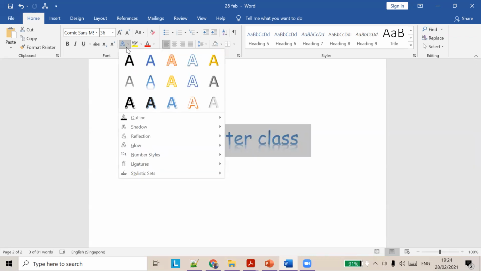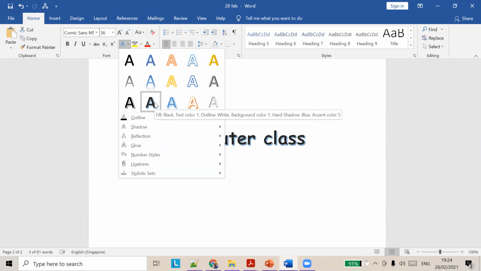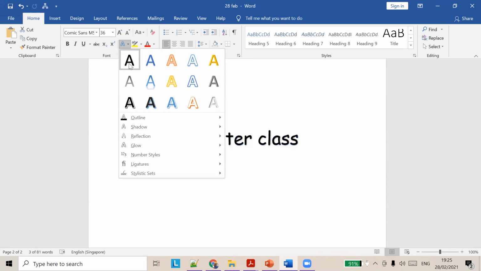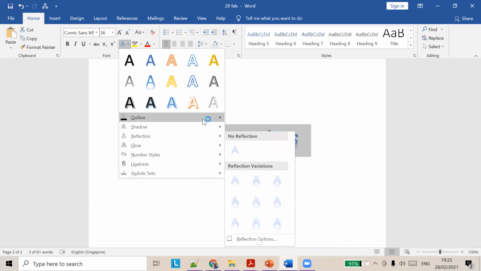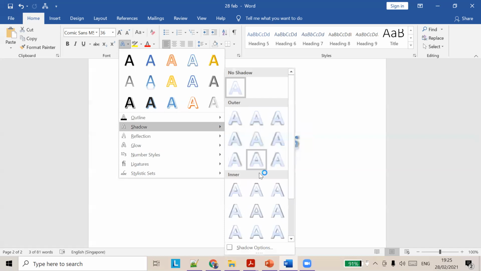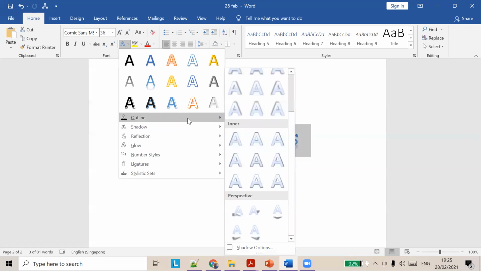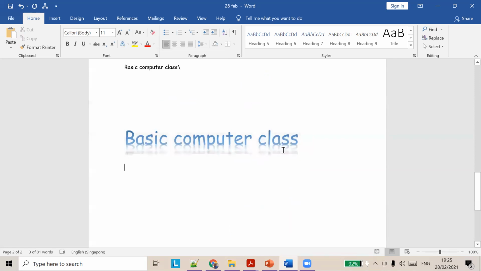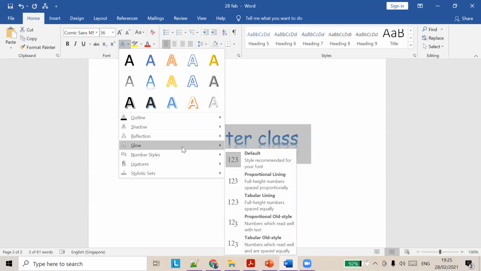So we have a lot of different options. This one is double lined. This one has dual colors, with darker gray and lighter gray. Similarly, we have different types of text, and we can customize all this text using the options provided here. You can see the shadow, you can choose how the shadow appears, and all these things can be customized.